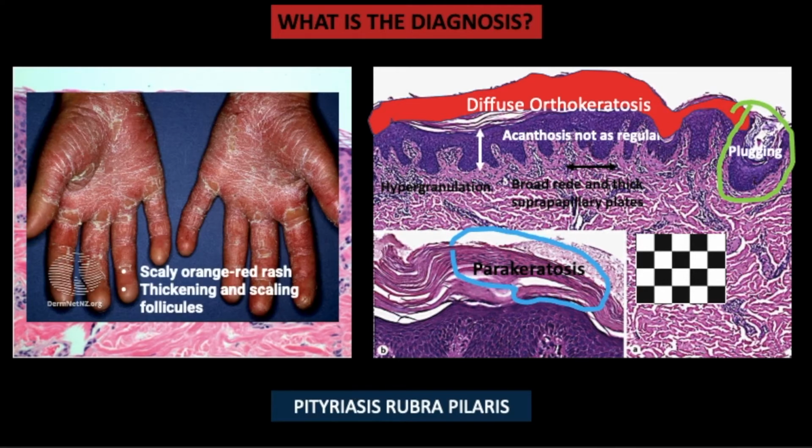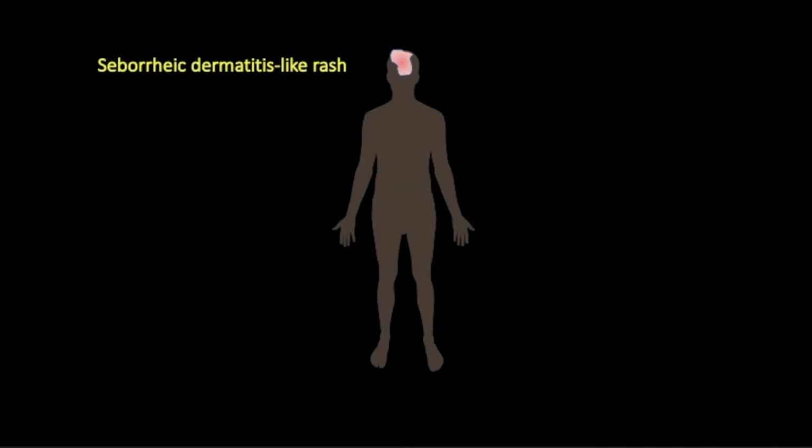As the name implies, pityriasis is a scaly lesion. Rubra is orange-red rash. Pilaris is Latin for hair. So as you see here, clinically there is a scaly orange-red rash with thickened and scaling follicles. Usually this disease appears as a single lesion, as a seborrheic dermatitis-like rash, but then spreads to the entire